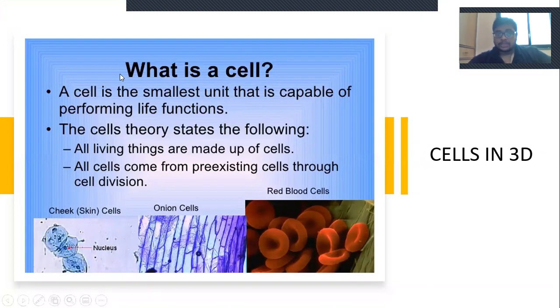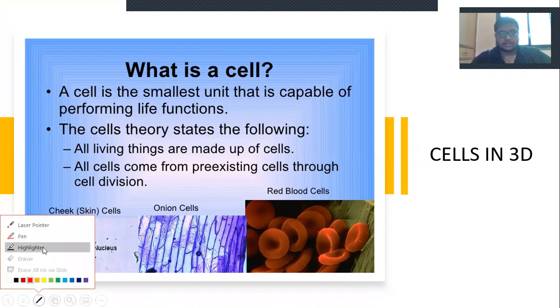Today we are going to study a topic that is very important, and that is what is a cell. I'm not talking about the cell or battery that you use in your toy cars or anything. This cell is the smallest structural unit of your body, your own body. Okay, we are going to study some details on these cells.